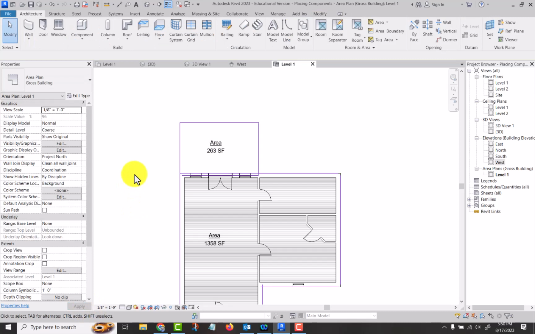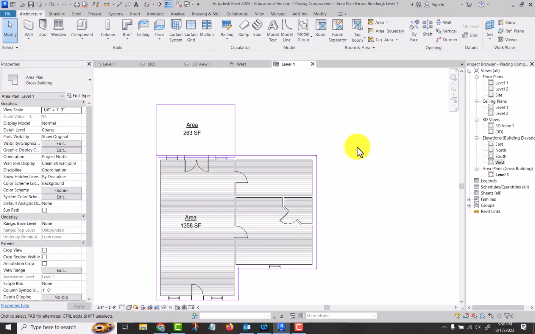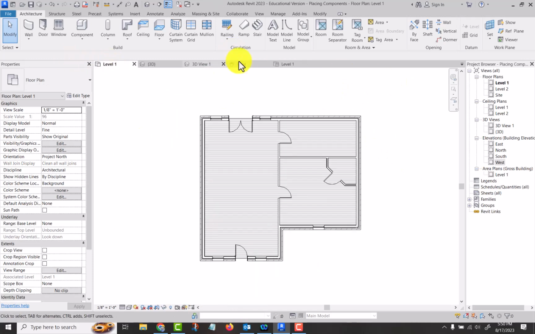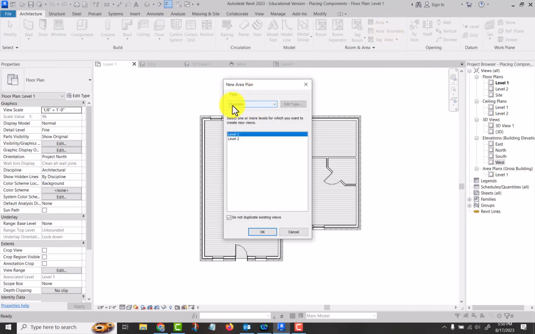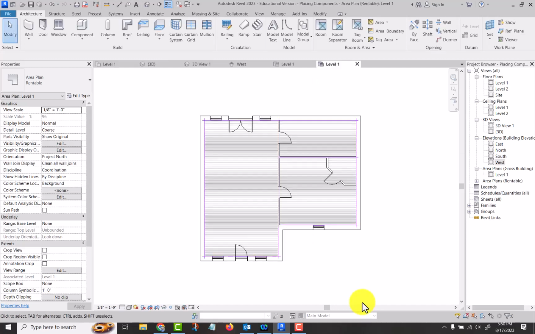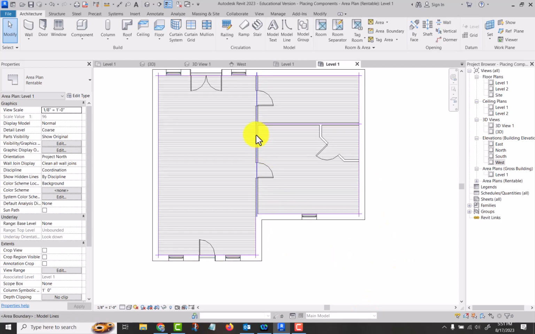Now I can generate reports and schedules that will tell me these things. But okay, so that's the gross building area. Let's do it again. But this time we're going to go rentable on Level 1. And yes, do not duplicate existing views, because we're only going to create one rentable spot. Okay. Now it picked the interior walls, and it may have picked these walls because I've already done this once